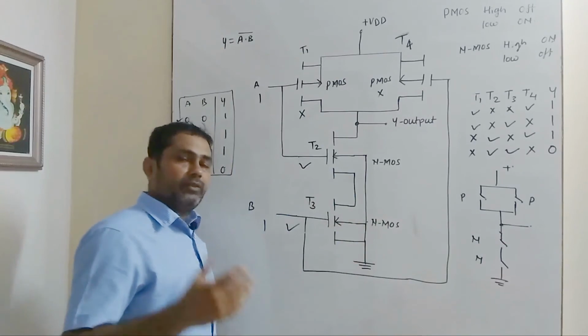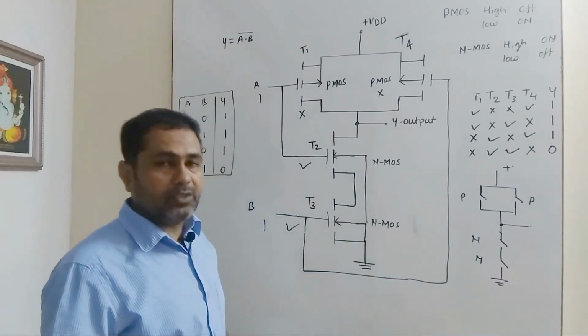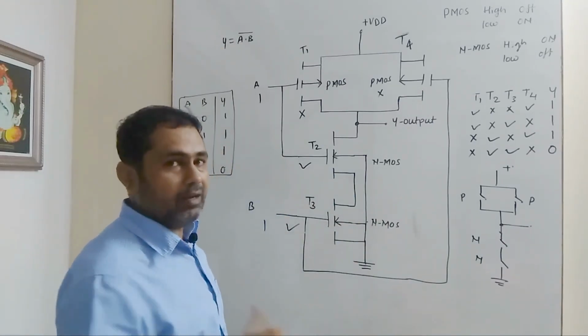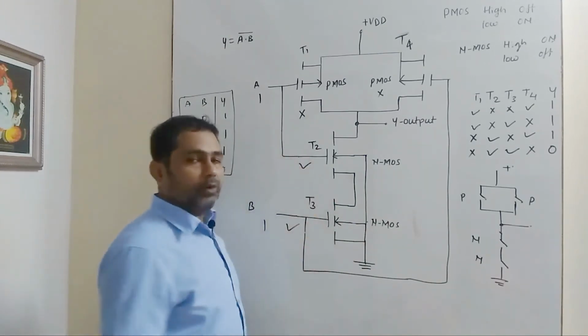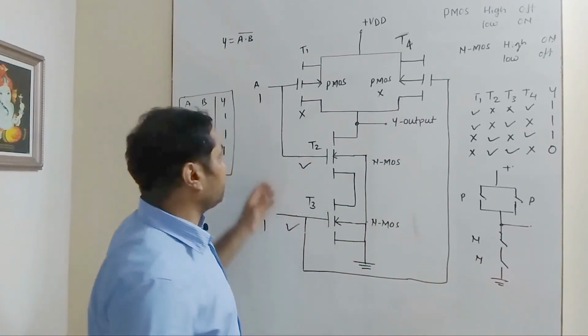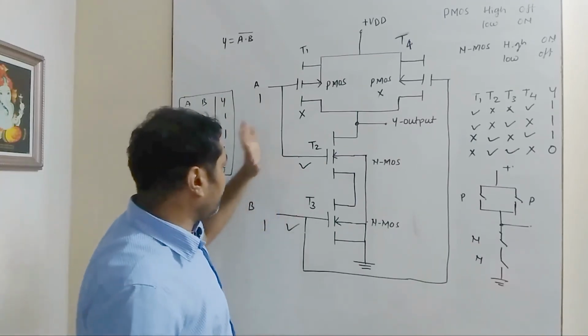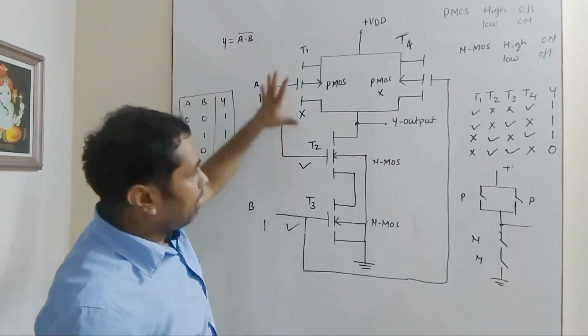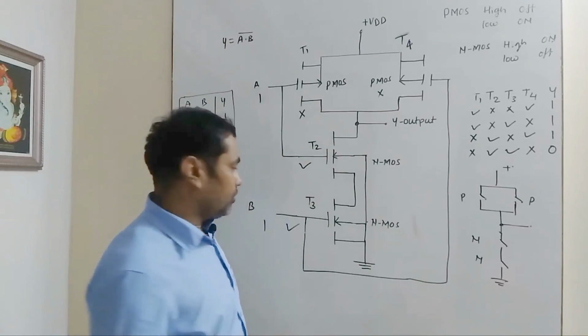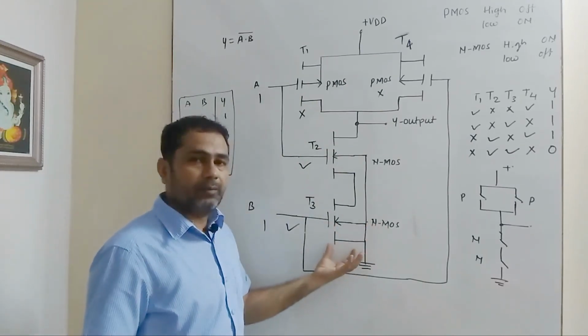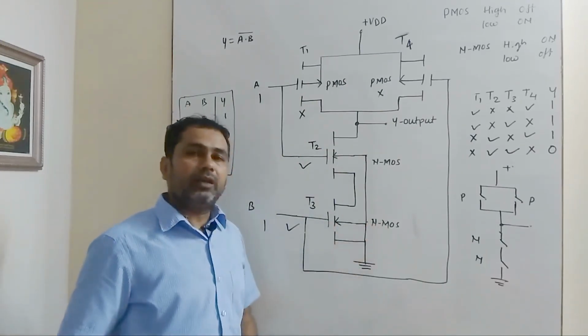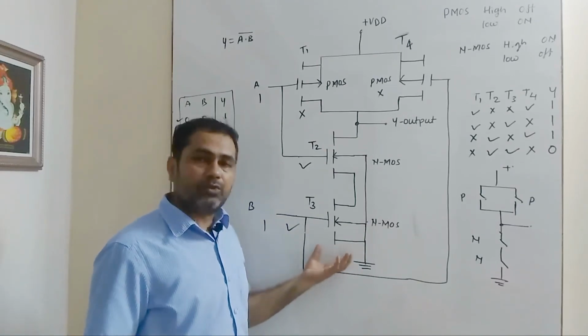Second thing, there is always a complementary connection. That means if the circuits have PMOS and NMOS, their connection should be complementary. That means the gate of PMOS and the gate of NMOS should be combined with each other, and they will be connected to the common gate terminal. So that will form the complementary connection. So this is very easy to understand. In the next lecture, we will understand how CMOS NOR gates will work.